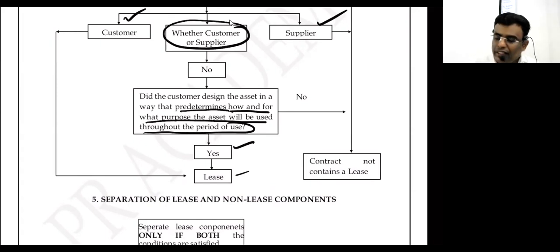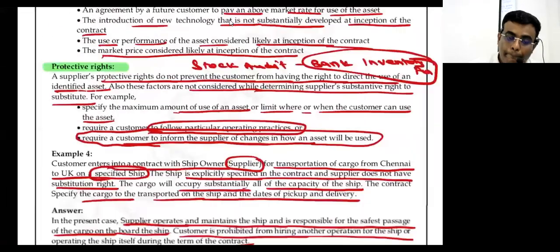ஓகே, now I hope you are clear on this. Friends, whatever I discussed so far is nothing but we are identifying whether it is a lease or not a lease. I have not at all discussed the accounting treatment of this. Under AS 19 directly would have started with the lessor, lessee, who is lessor, who is lessee. இங்க லெஸ்ஸியா இல்லையாங்கிறதுக்கே பெரிய டிஸ்கஷன் இருக்கு. Yes or no? Okay, now சொல்லுப்பா.